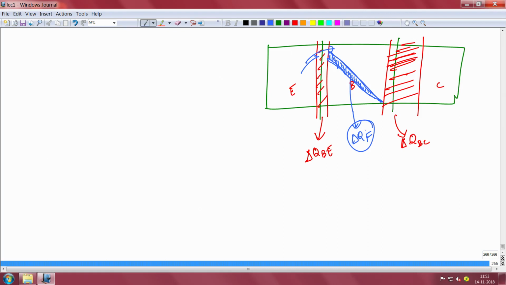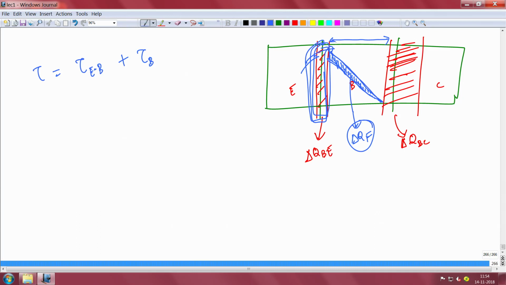So it's interesting to note that there are many delays associated now. The total delay will be made up of, first, charging and discharging this capacitor. So there will be a delay associated with the emitter base capacitor. Then the electrons will have to travel through the base. There will be two types of delay there. I'll call them the base delay, and I'll discuss them later. So this is the emitter delay, that is the emitter base capacitor charging.